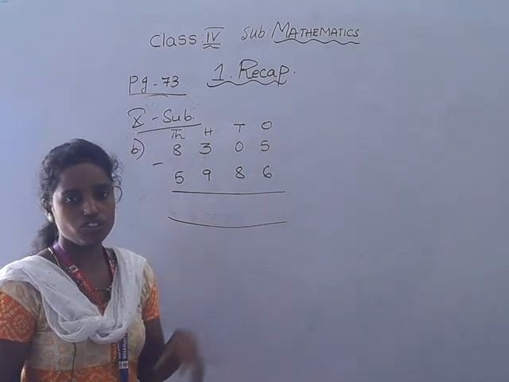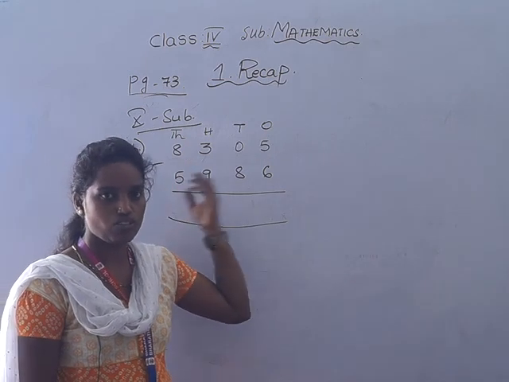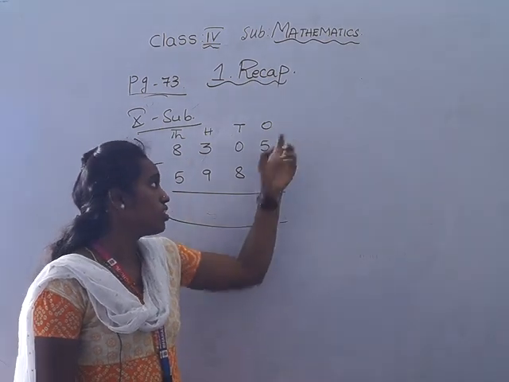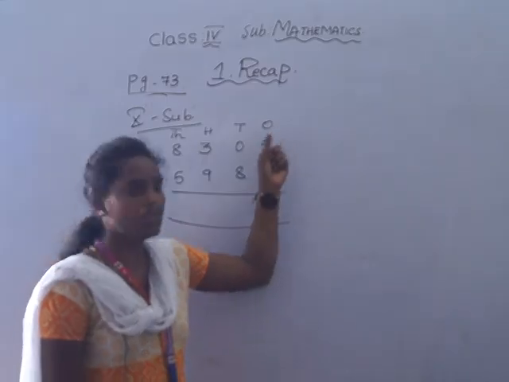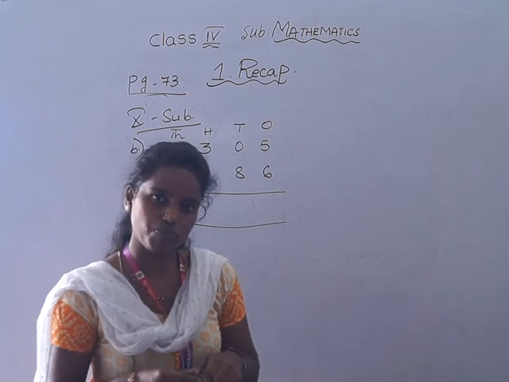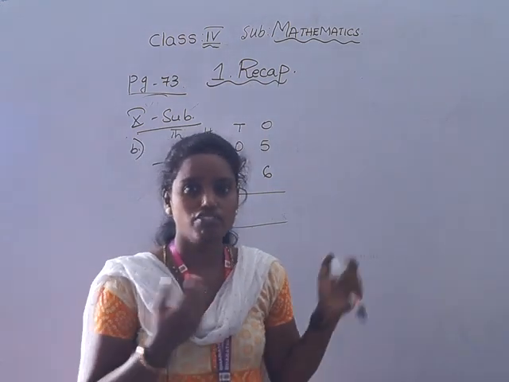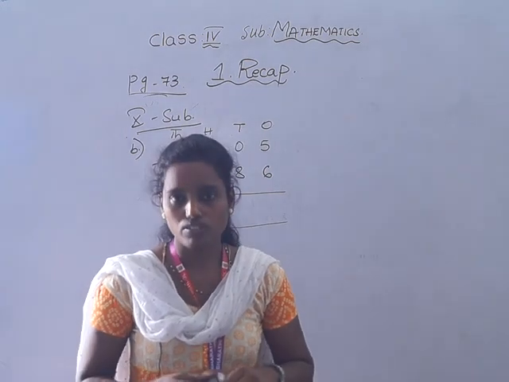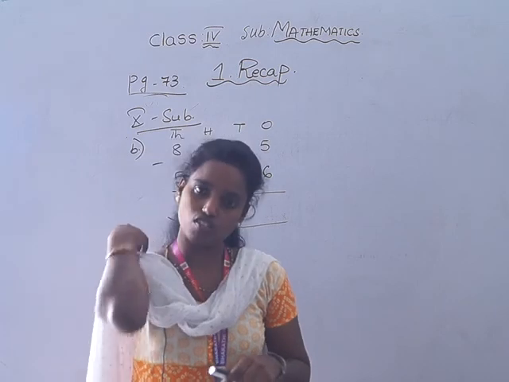Here always we should go from ones place to tens, hundreds, and thousands place. Always we should do from here onward. So first subtract 5 minus 6. Are we able to subtract 5 minus 6? No, we can't subtract 6 from 5. So what should we do? We should take carry from the tens place or from others.